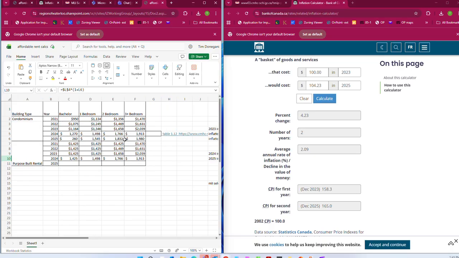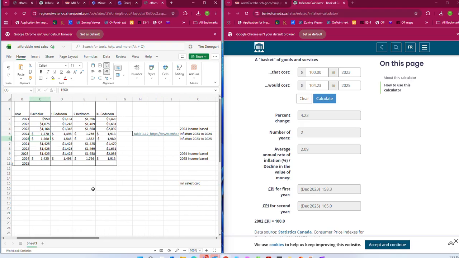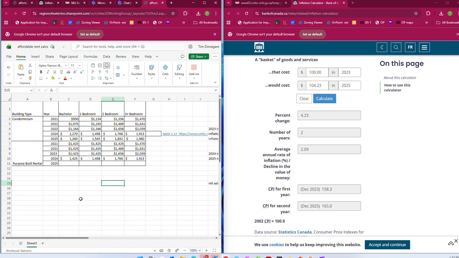So 2162 is in all cases higher than the market-based calculation. So the market-based calculation rules. Oops, this is 1260, not 160. Okay, so we didn't do anything with this calculation. We just needed to check that the market base was less than the income-based calculation. So that gives us the maximum rent for